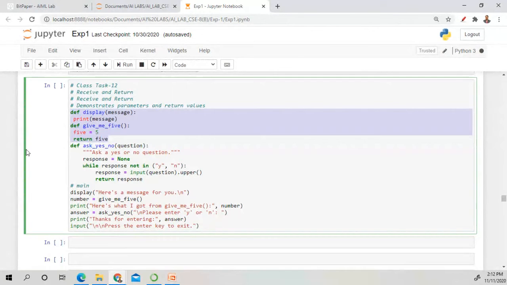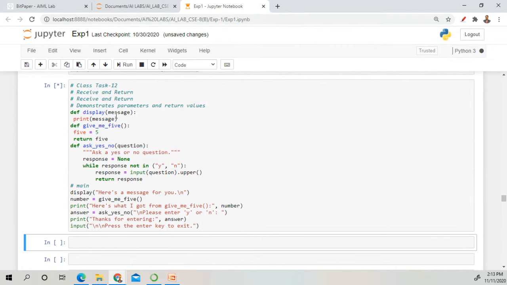So Gautam, initially you can see this program will execute from your main options. So when this message will be called, it directly goes to the message. So you can see we have defined this right here. So display, here is the message for you, and the number is given as 5. Let's execute this program.